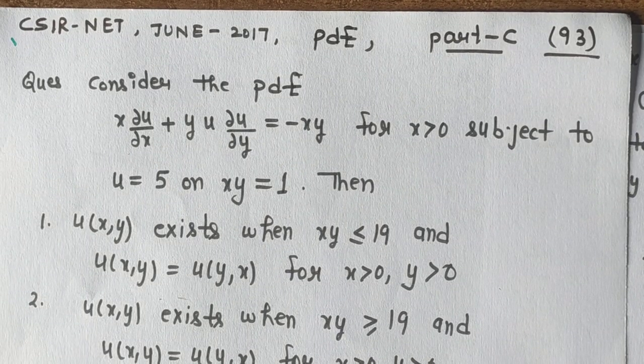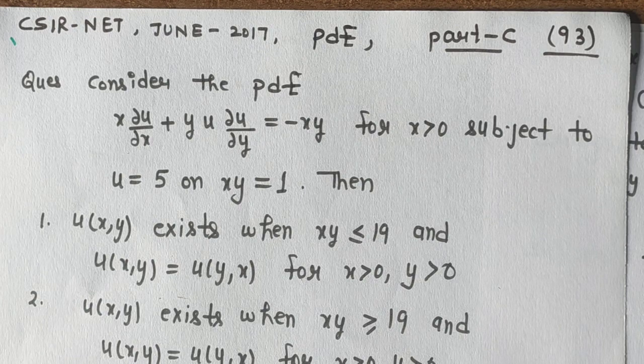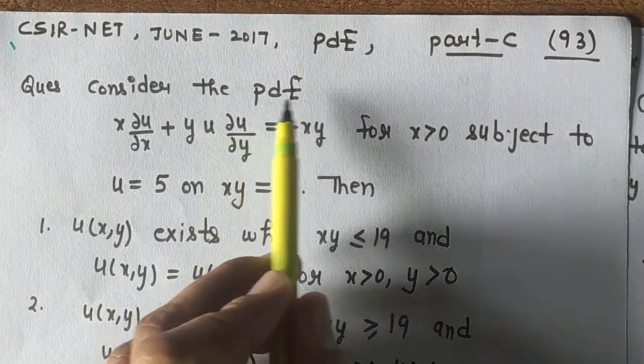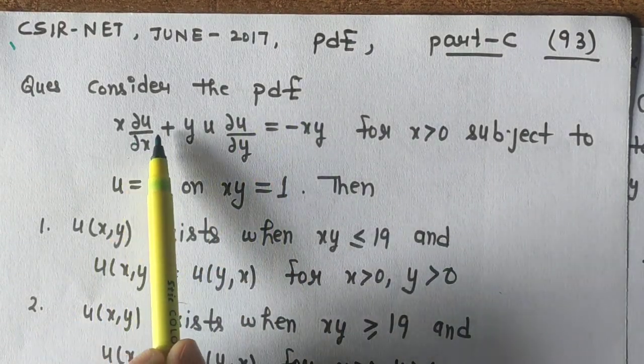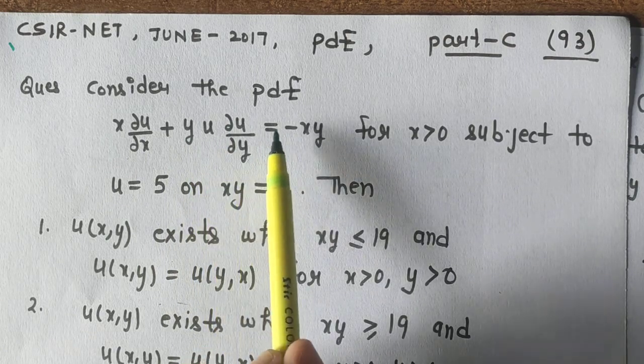Hello everyone. Today I will discuss the next question of CSIR NET June 2017, a partial differential equation question. It is a Part C question, question number 93. Consider the partial differential equation x ∂u/∂x + y u ∂u/∂y = -xy